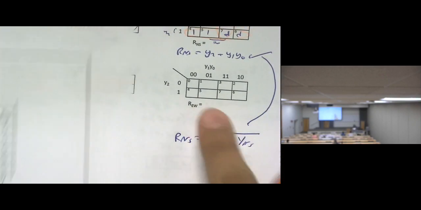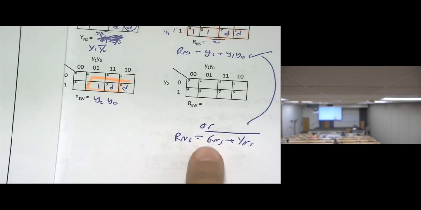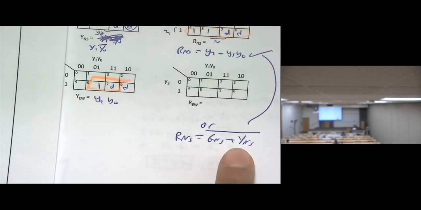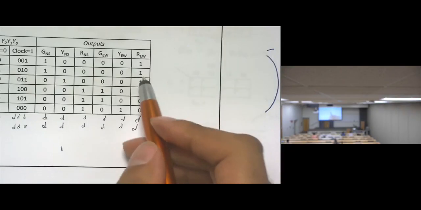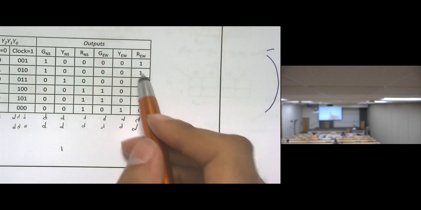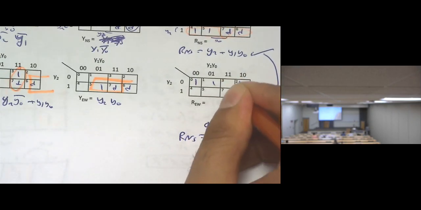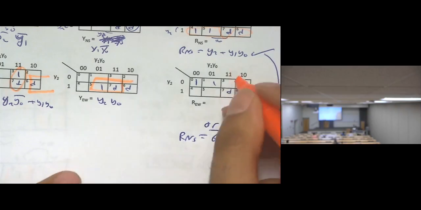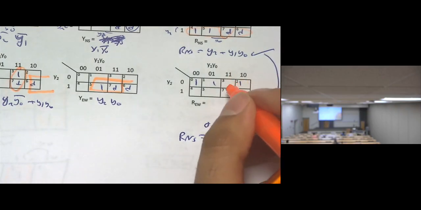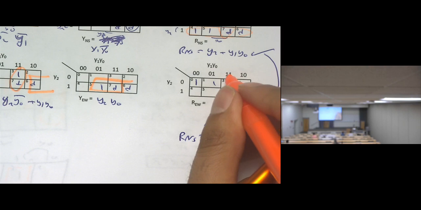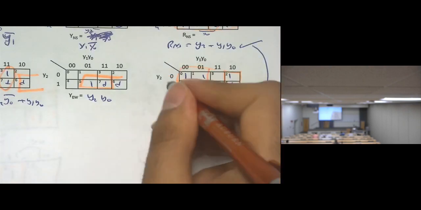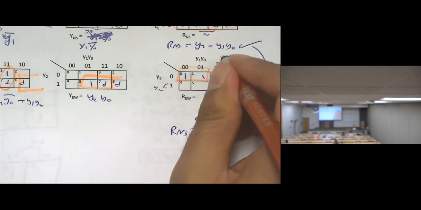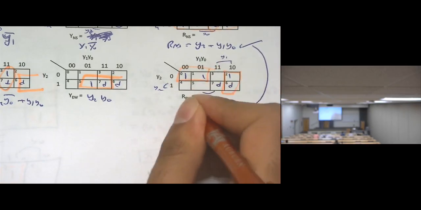How about the red east-west? I have 2 options. The first option is by making the Karnaugh map, or make it the opposite, as we did here. So we can say red east-west at 0, 1, 2, then 6, 7: 0, 1, 2, 6, 7 are don't cares. So we can make these 2 together, these 2 together, right? So here is Y2, here is Y1, here is Y0. So it's going to be